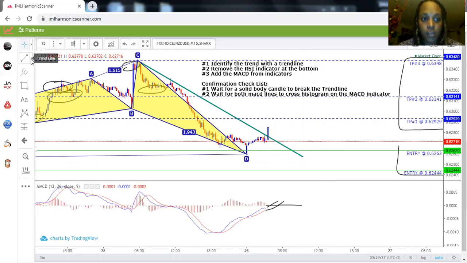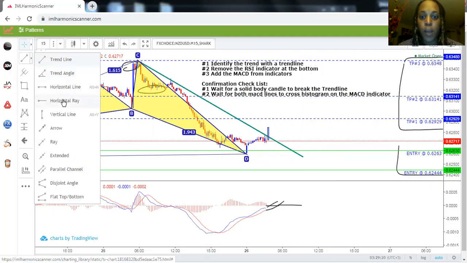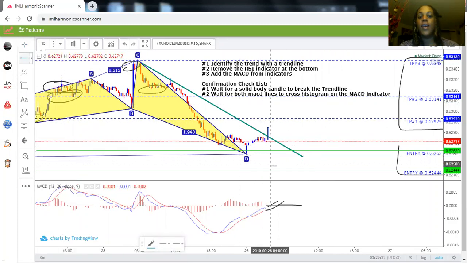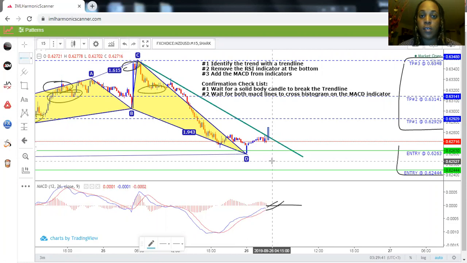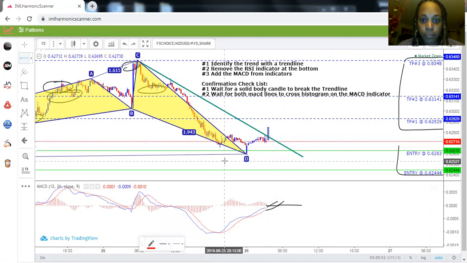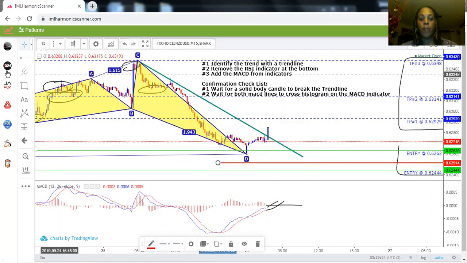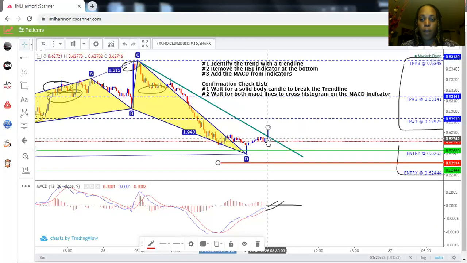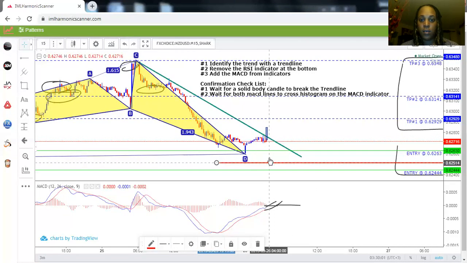So if your stop loss, remember, your stop loss is the price point that you set in the market to say, if the market reverses and is going against me, this is the area that I actually want to come out of the market with my losses without blowing my entire account, right? So let's say, for example, let me put it in red, put it here. So if that was your stop loss there, and what that means is that if the market had to continue selling, right? If the market had to continue selling, this is the area that I want to come out of the market, right? So if this was your stop loss